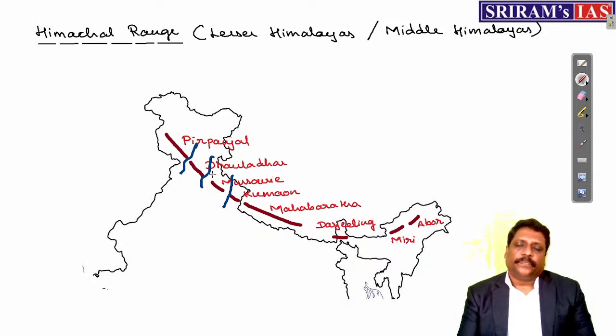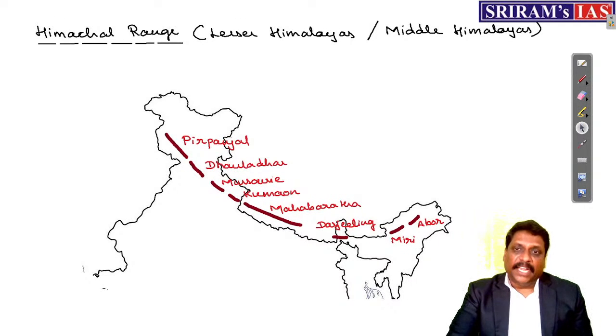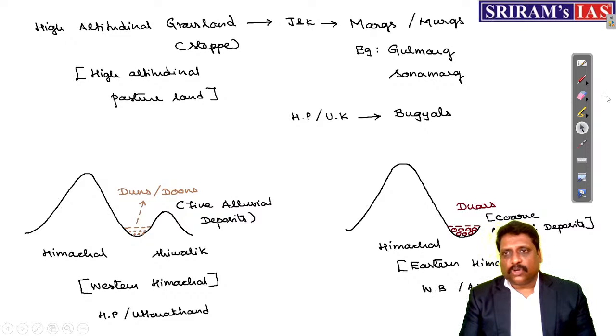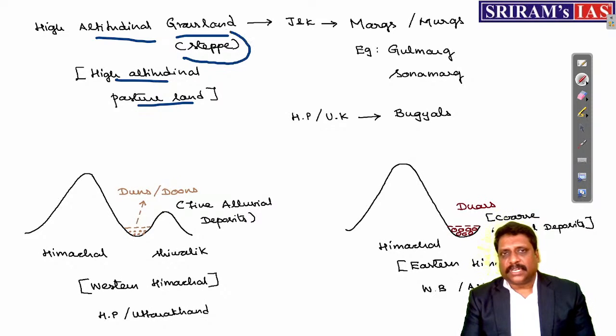Okay, right. Now, much information is not there in Himachal region, but somewhere you have a kind of a deposit, Piedmont deposits in Himachal region. For example, if I just talk about the Piedmont deposits, and before talking about the Piedmont deposits, my dear friends, this Himachal region or Himachal ranges is also known for high altitudinal grasslands, high altitudinal pasture lands, grasslands. And this high altitudinal pasture land is nothing but what?